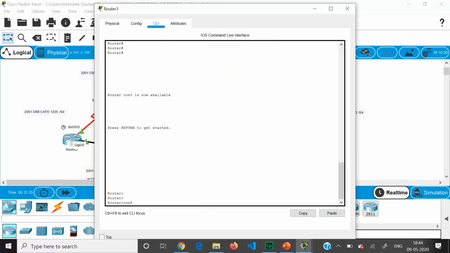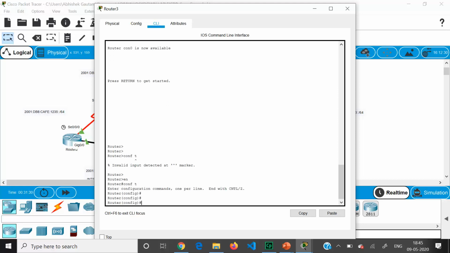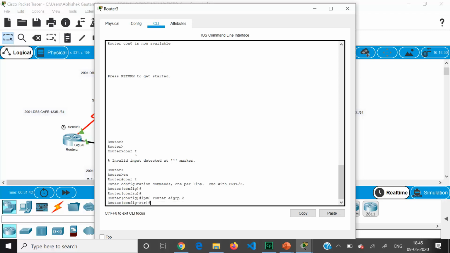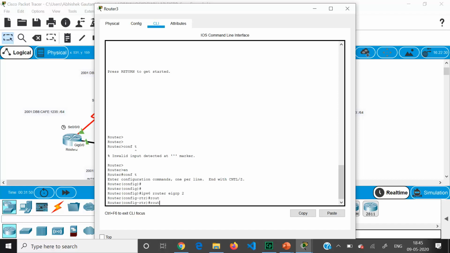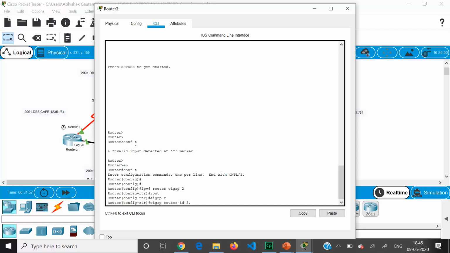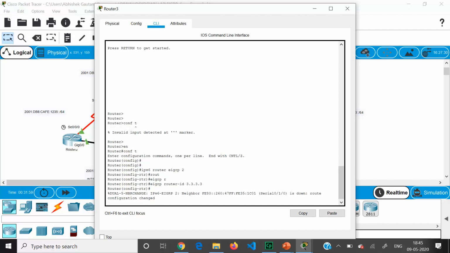Now similarly on router 3 also we will do the same thing. Configure terminal, in the enable mode. Then we have to set up the IPv6 router EIGRP. Remember, the autonomous system number has to be the same to set up the neighbor adjacency. And then you can give the EIGRP router ID 3.3.3.3, right?